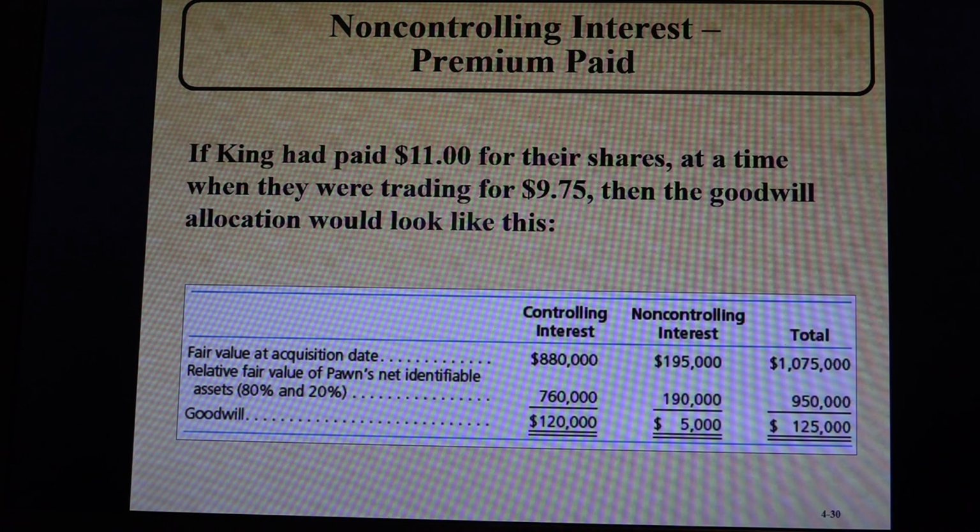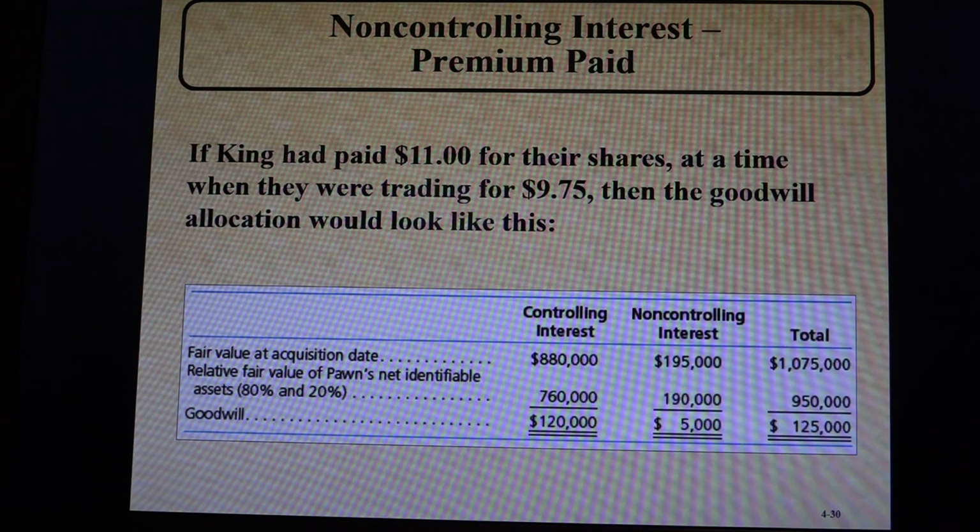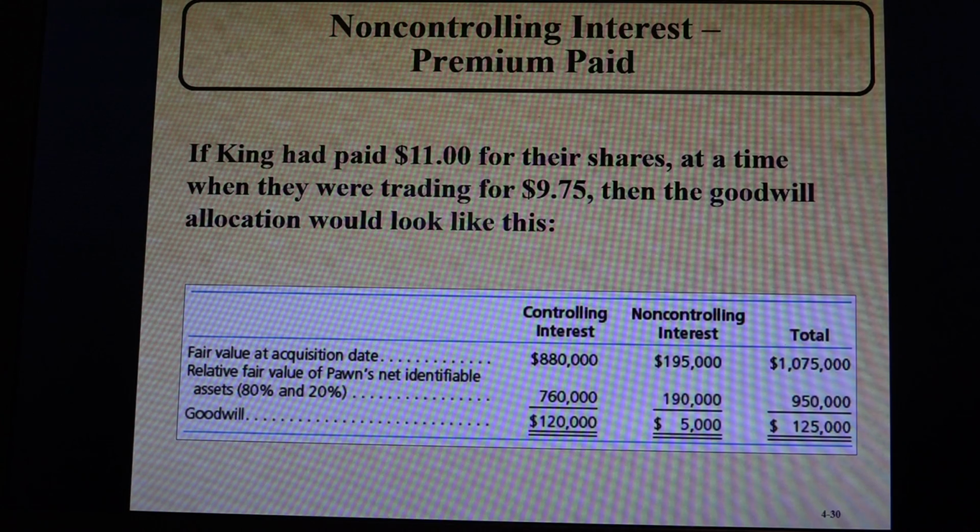In this case, dividends, $50,000, $40,000 was paid to the parent. The remaining 10, or 20% of the 50, was paid to the non-controlling interest. And so again, 10,000